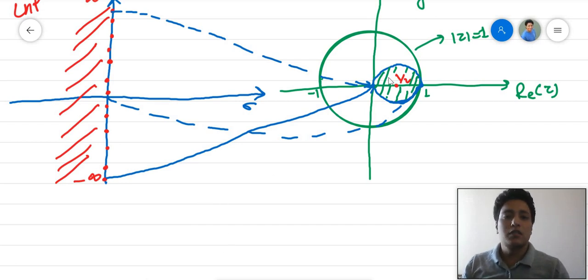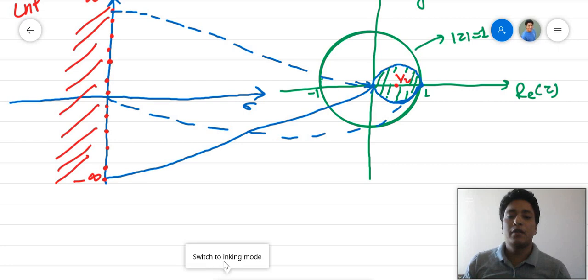Then this particular system will be stable, because inside this unit circle, all the frequencies are mapped at the circumference of this circle, and all the poles which are located in the left hand plane are mapped inside this circle. So this is the mapping